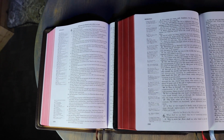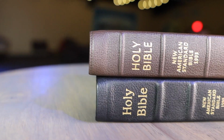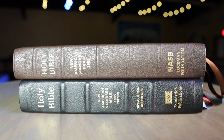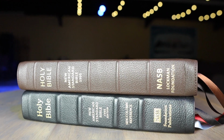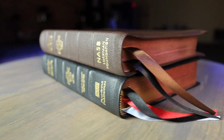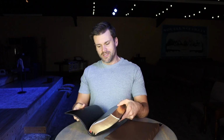But anyway, there's that old Lockman, and you can see a similar size footprint for the text block, just a tiny bit narrower on the Prime. But when you're looking at it, that generous yapp on the new Primes makes it look bigger, but still very, very similar size. Now another single column option is the Zondervan single column in their Premier series, which is